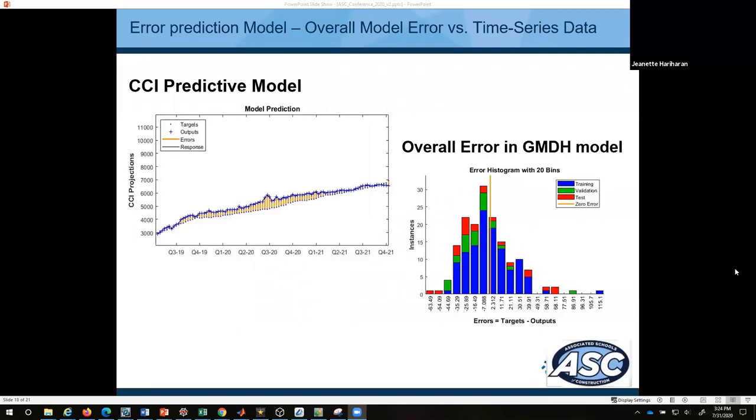And then we have a prediction model. Again, we used it against the autoregressive model. And so these are basically showing the differences between the two. We also show here in this histogram that the error is also very low. And again, we're looking at data that's from 3,000 to 11,000, and the error is less than 100 in almost every case. Only one case we had higher than 100 for one of the training sets.